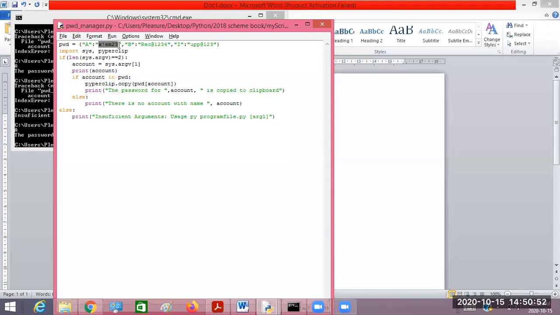Okay, I explained this part. But to improve this program with security, instead of storing the passwords in plain text form, you can store the passwords in encrypted form.